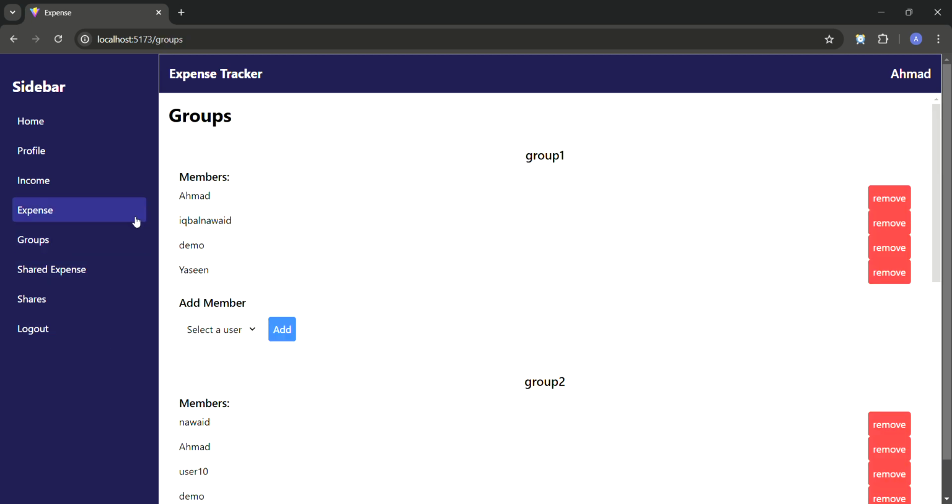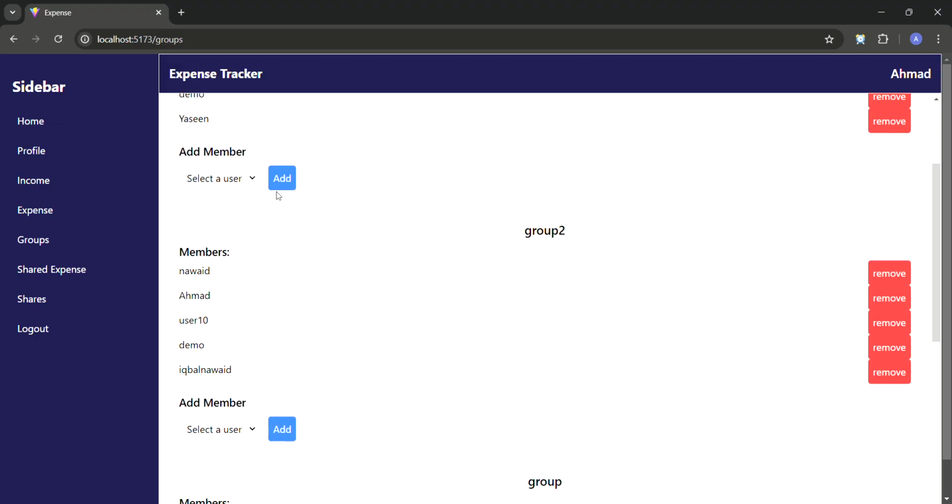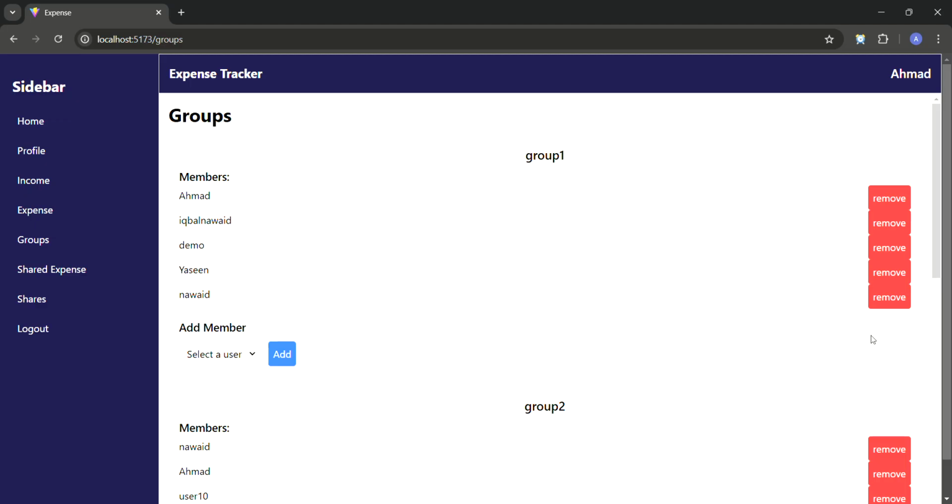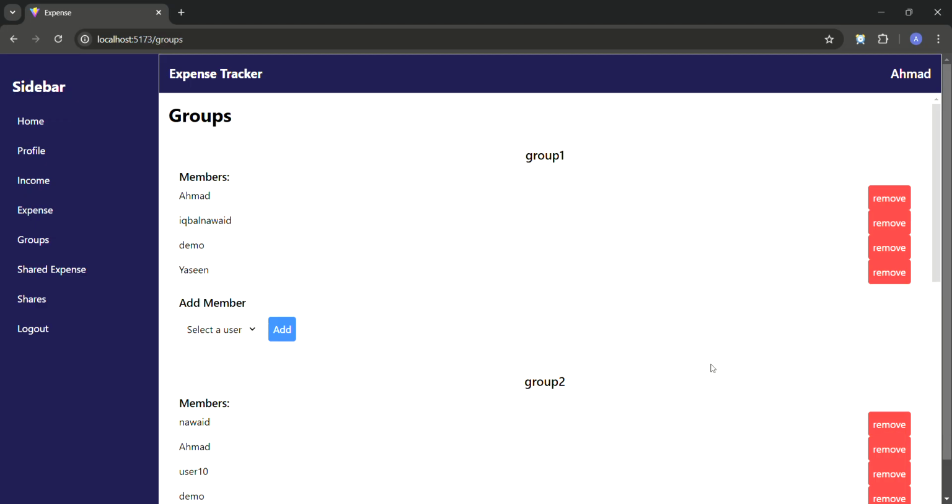Here is the groups page where multiple groups are created, and we can easily edit any group. This group will be used later in the website for shared expenses. Here members are added using this drop down. These members are in this group, and we can add any new member using this add button, and we can easily remove them if we don't want them. So these are the groups. These groups will be used in the shared expense